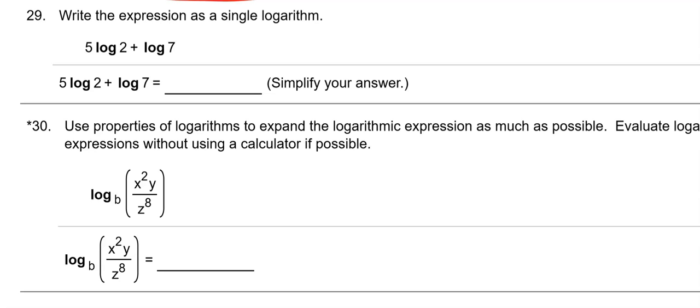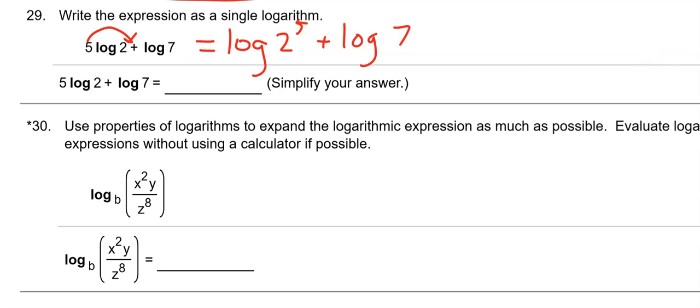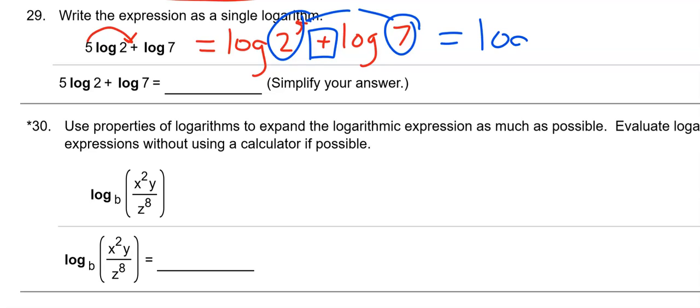Okay, so write it as a single log. So, all the single logs. That's a horrible 5. I need to erase it. Alright, so move the 5 up, make it a 2. And now I'm staring at this addition, and I've got to deal with 2 to the 5th and 7. What am I going to do with them? I'm going to put them together and make a single logarithm, so that would be